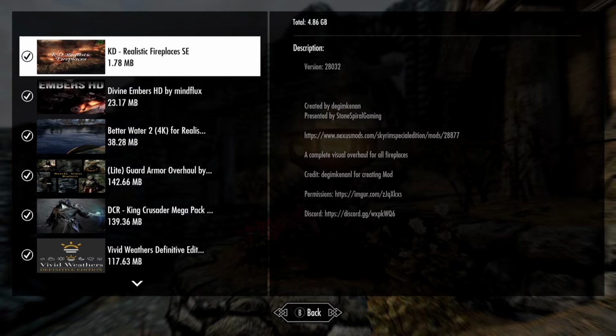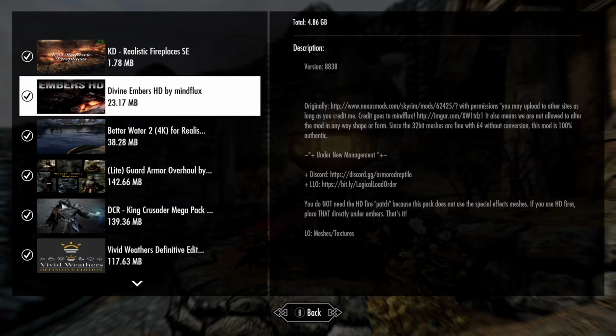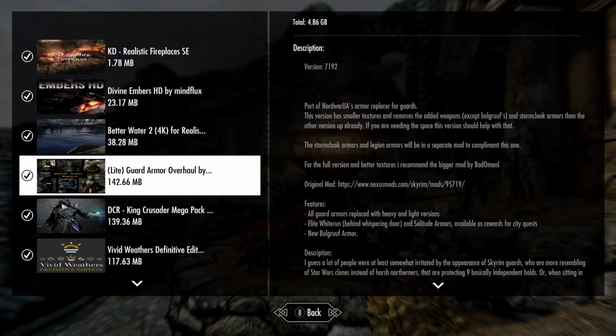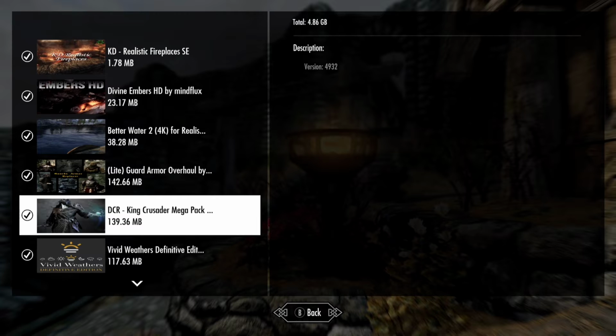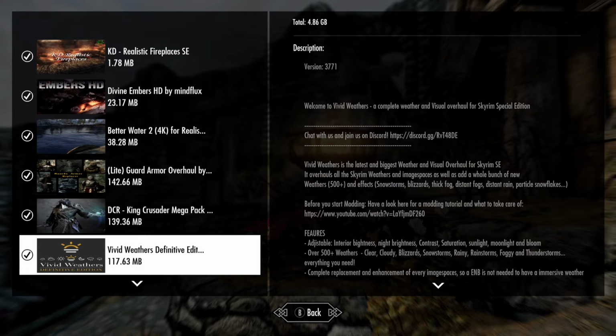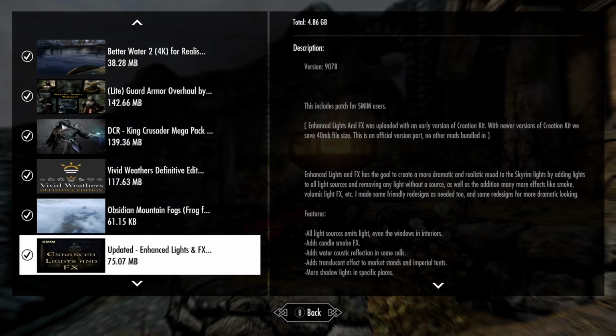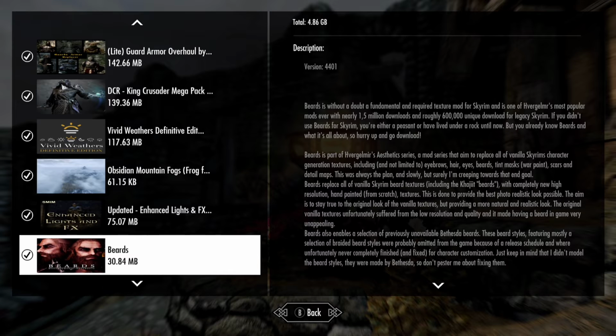So there we go: KD Realistic Fireplaces, Divine Embers, Better Water, Light Guard Armor Overhaul, DCR King Crusader Mega Pack. We've got Vivid Weathers, which I've just been through. Obsidian Mountain Fogs, that adds all the fog that you see in the background. Updated enhanced lights, I think that will also change the lights of the candle smoke, which I really love. That one's great. I think when you're inside a pub, it's nice to see the smoke coming off the candles